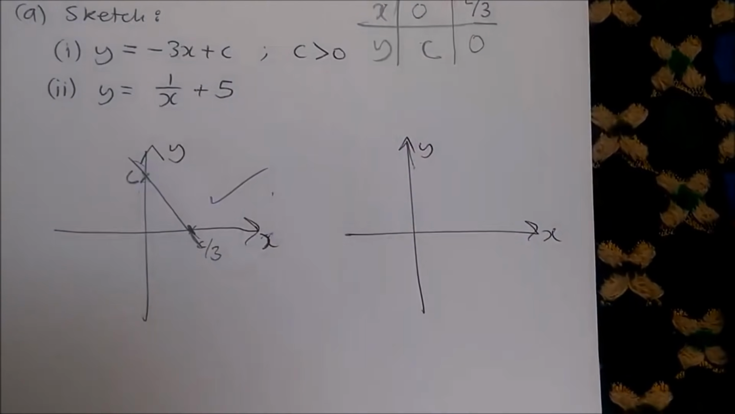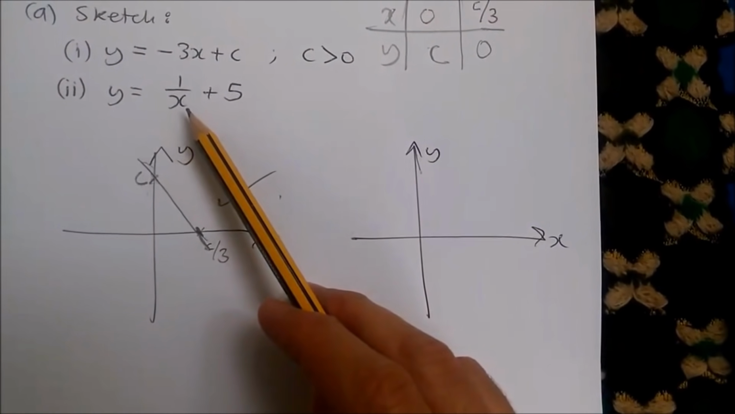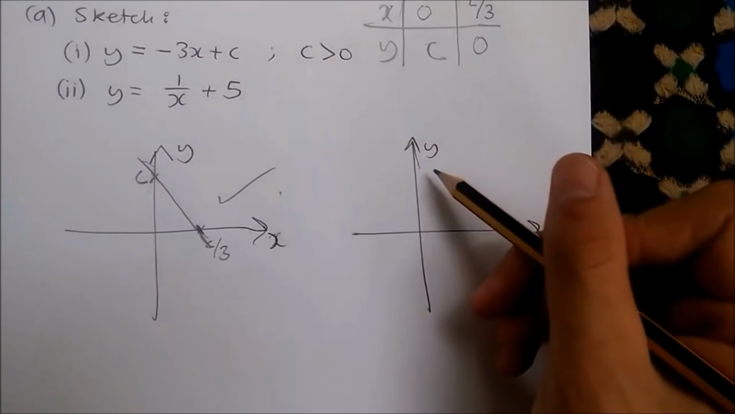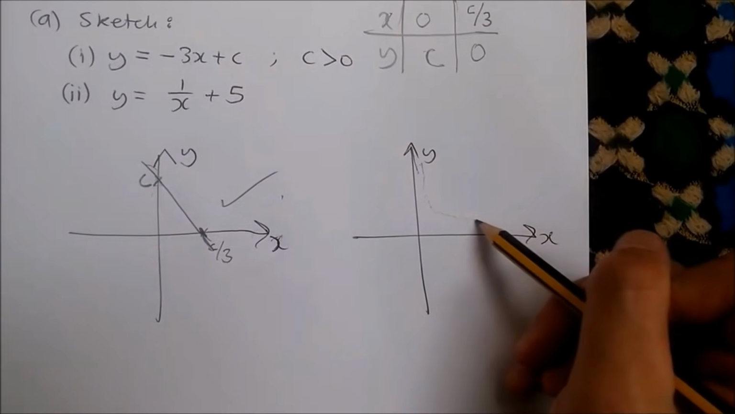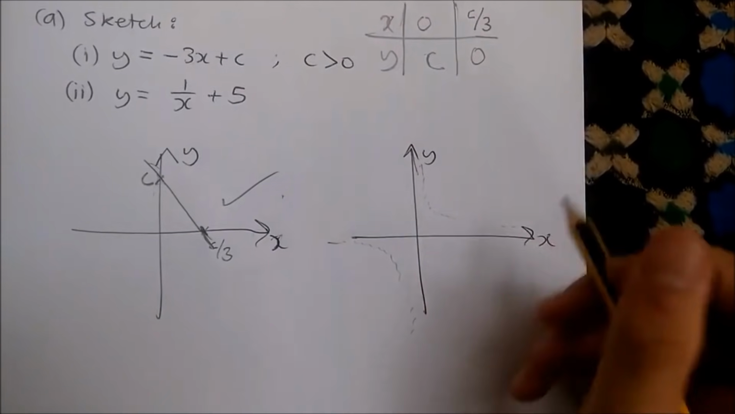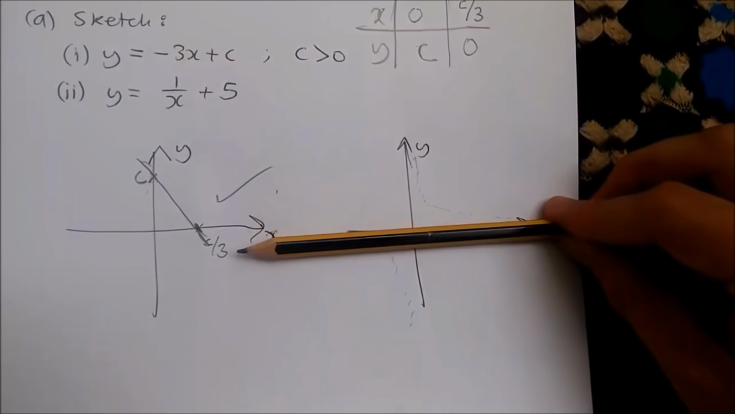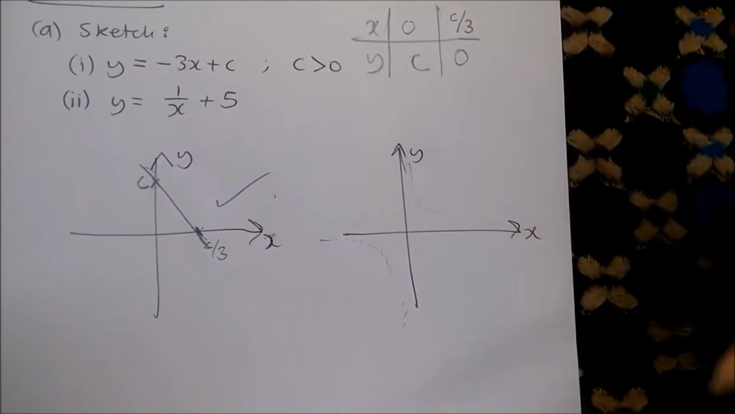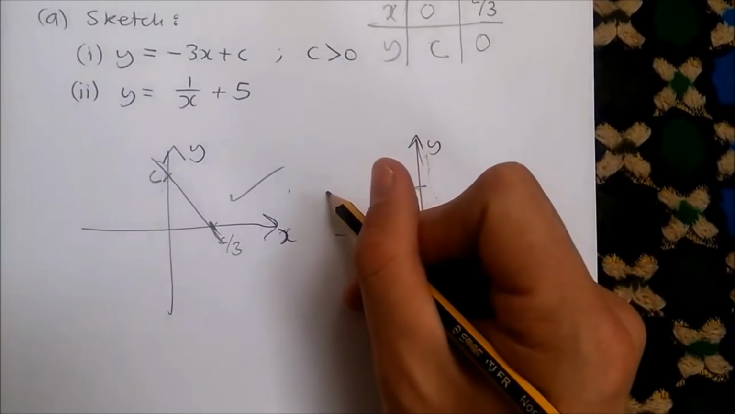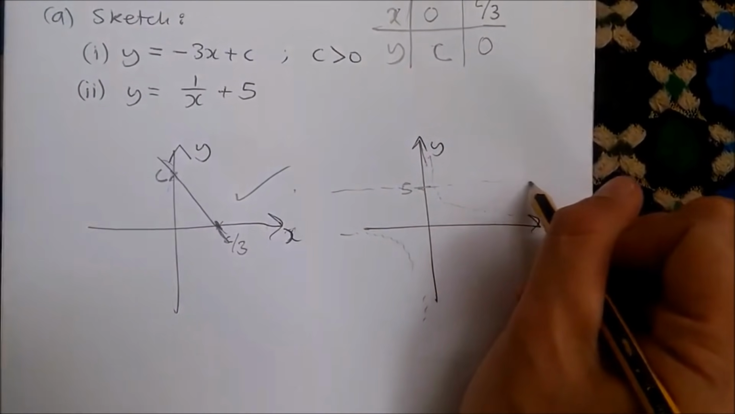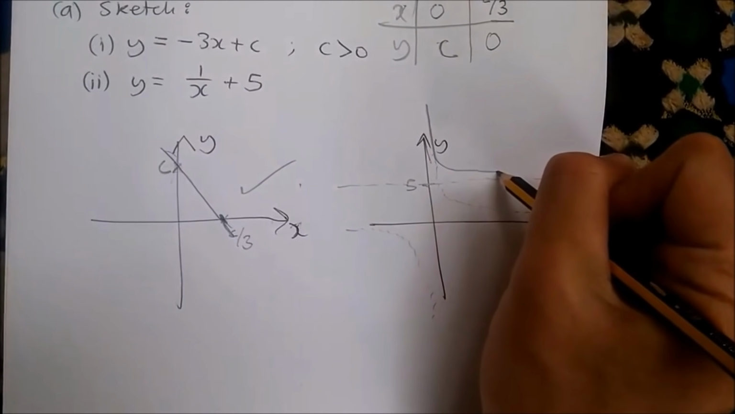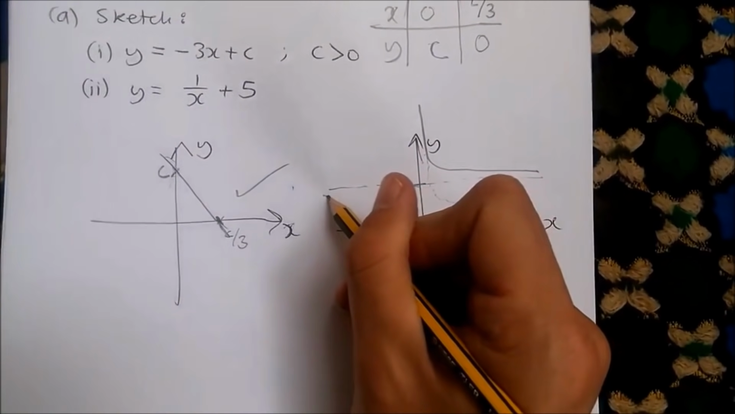Now for this one, this is just a case of drawing 1 over x and raising it up 5 levels. Suppose this was a typical inverse graph, which is 1 over x. To raise it 5 levels higher, we just have to think of the asymptote being somewhere here. Suppose the asymptote is over here. Let's call this one 5. So with this new asymptote, we should sketch the graph properly. We're going to have something like this, and again